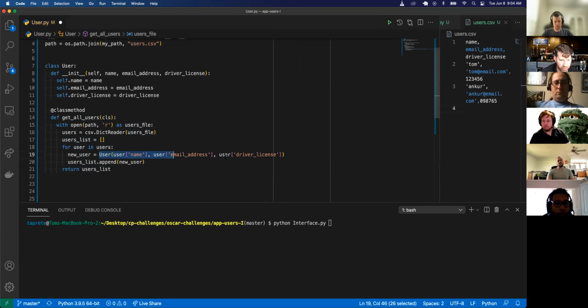So I'm creating a new user here by passing in each user's name, email address, and driver's license, applying that to a new user. So this new user is an instance of a user from my user CSV, and I'm appending that new user to the users list. Once it loops through everything, I return that users list. So if everything worked,